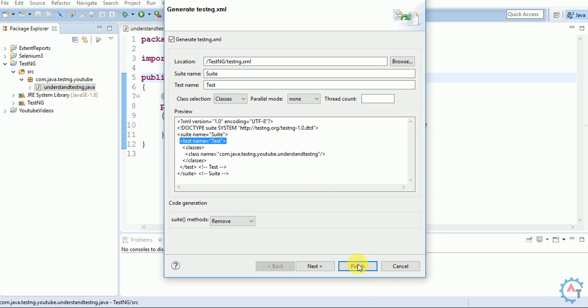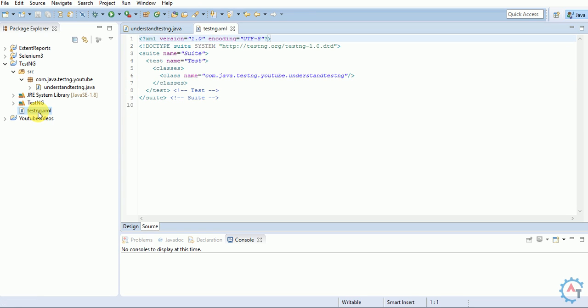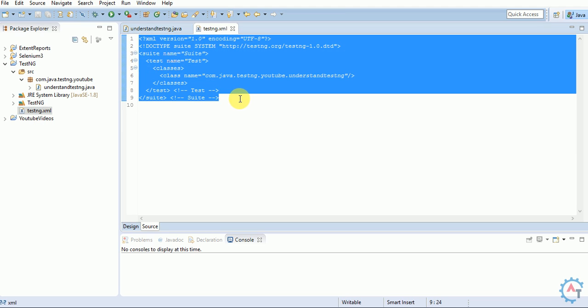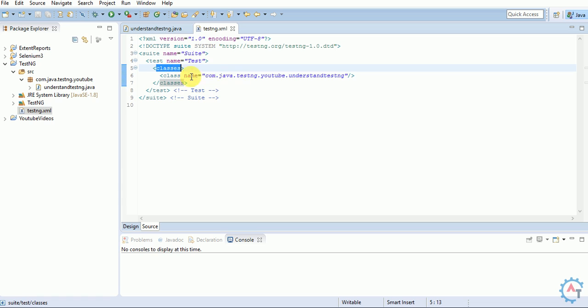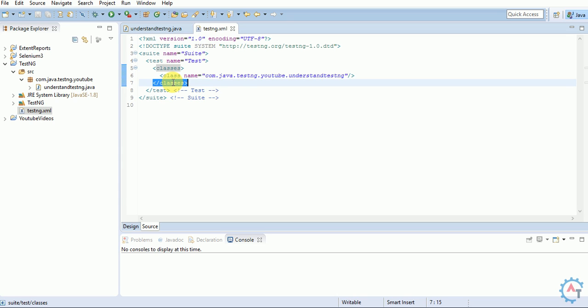Now I'll click on finish. Okay, I'll click on finish. So see, the testng.xml file got generated. The same thing we saw in the preview, you can find it here. Means classes is a tag, and you have to end that classes tag. Under that you have a tag called class. You have to mention all these tags. If you have one more class, then you can mention the same thing and give the name. Means I'm just giving testng1, which is another method in the same class. Okay,